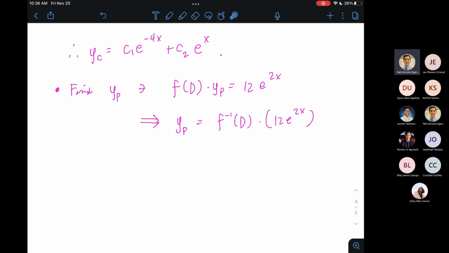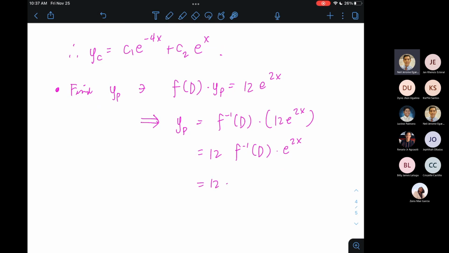So that means a scalar multiplier 12 can come out of the inverse operator. Okay, so I can write it as 12 f inverse of d applied to e to the 2x, all over... sorry, wala pang all over. Nilabas ko lang yung constant na 12. And now, since we know that f of k, or f of 2, is not equal to 0, then we